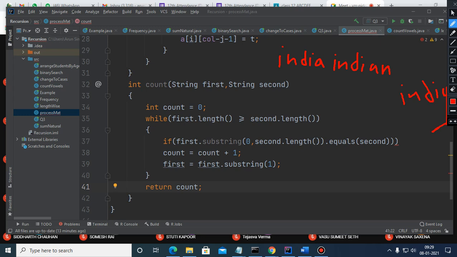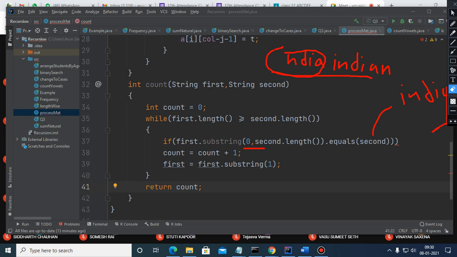At present this main string's length is more than this. So 0 comma 5 every time. So first of all, you will get this India, and India will get matched with this India. So matching will occur, count becomes 1, and first dot substring 1. So the very first character will get eliminated, and the size of the main string will get reduced by 1